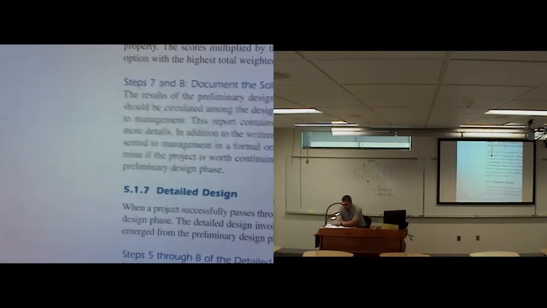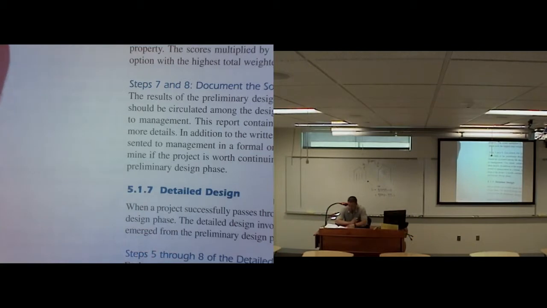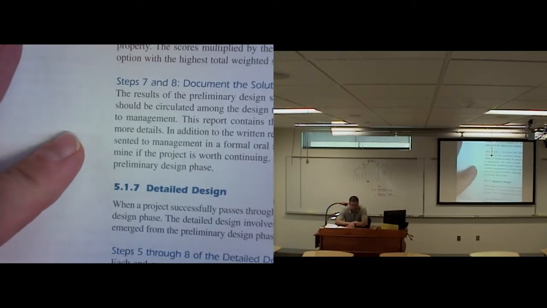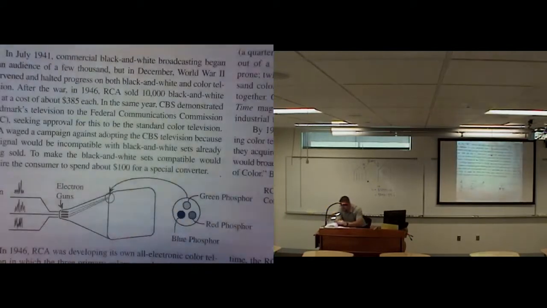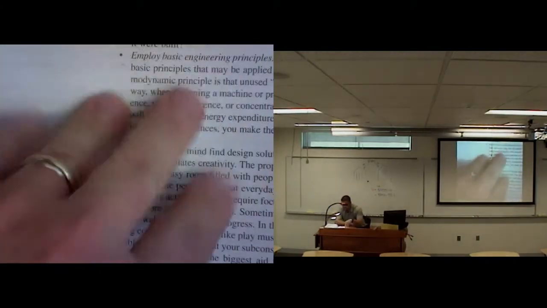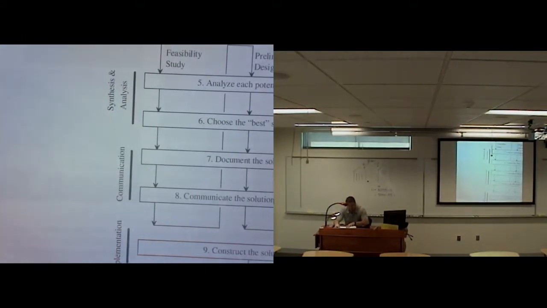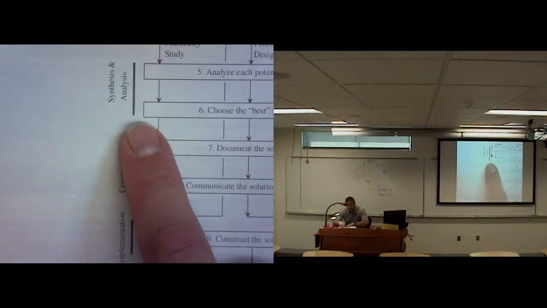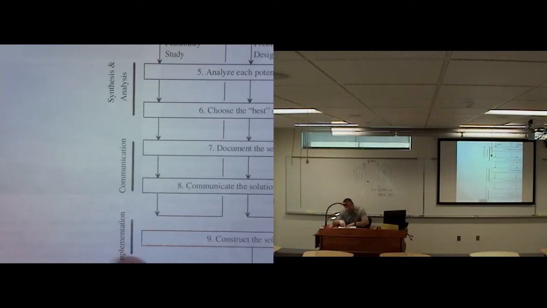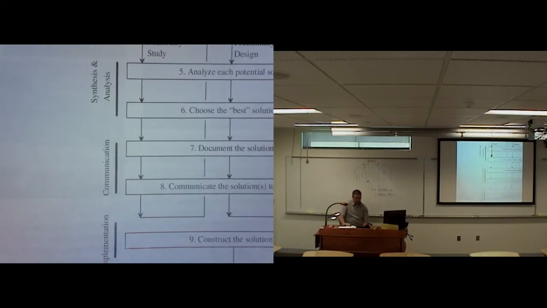So, these examples that we've gone through today so far are just examples of going through this design process. Of course, both of these people went all the way through the process, or at least most of the way through the process, in developing their design, in modifying their design. If we go back to the design process here on page, whatever it is, 120, 119, they all went through all these steps. Synthesis steps, the steps on analysis, the steps on communication, implementation. They made models, they made prototypes, and they were able to test them, to see that they worked and everything else, but in the end, only one of them won out.